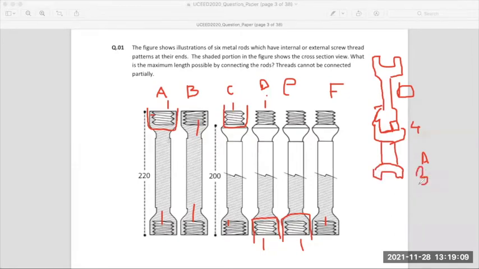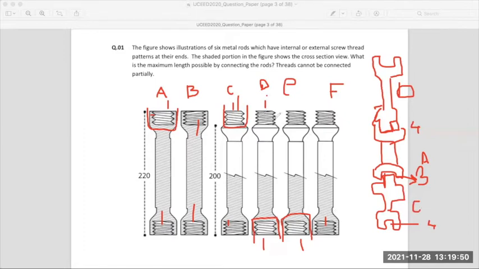This thread will be of 3 threads. So I have A. So now for 3 threads, I have to use C here because C is the only one which can fit inside A, which has 3 threads. Here too the C with 3 threads will come in. And on the other side of C you have 4 threads coming here. So what remains is you have 4 threads again coming here.